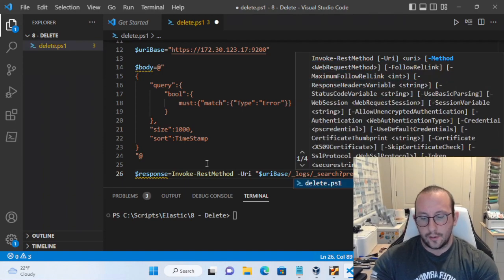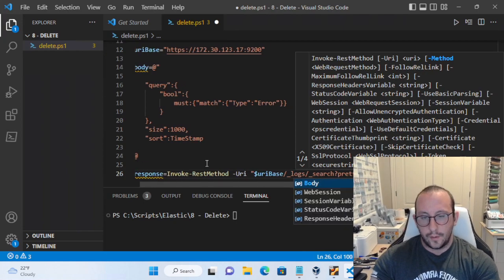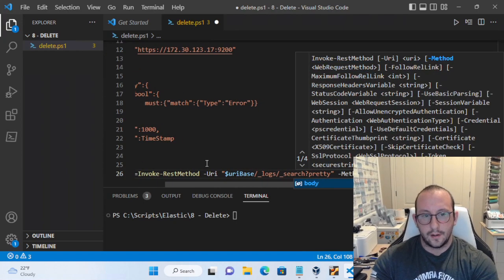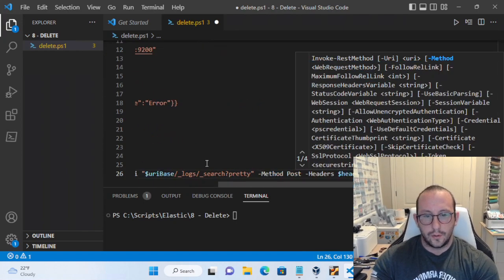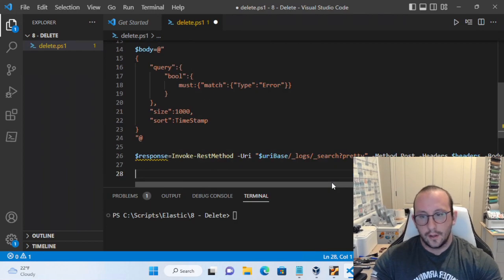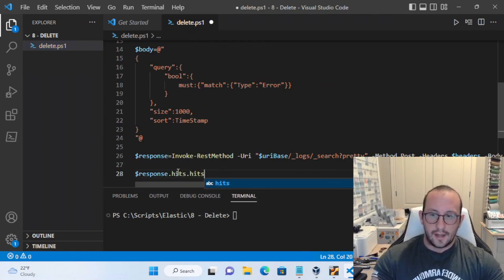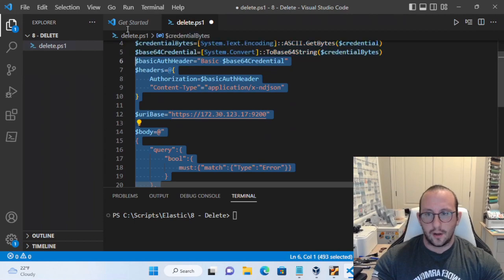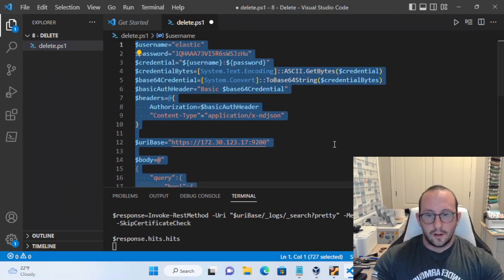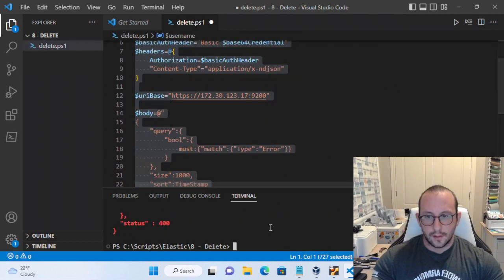And we're going to send over our headers, we are going to send over our body, and we are going to skip the certificate check. So let's go ahead and see what this equals out to. If we do a response.hits, we will actually see our results here. So if we run this,